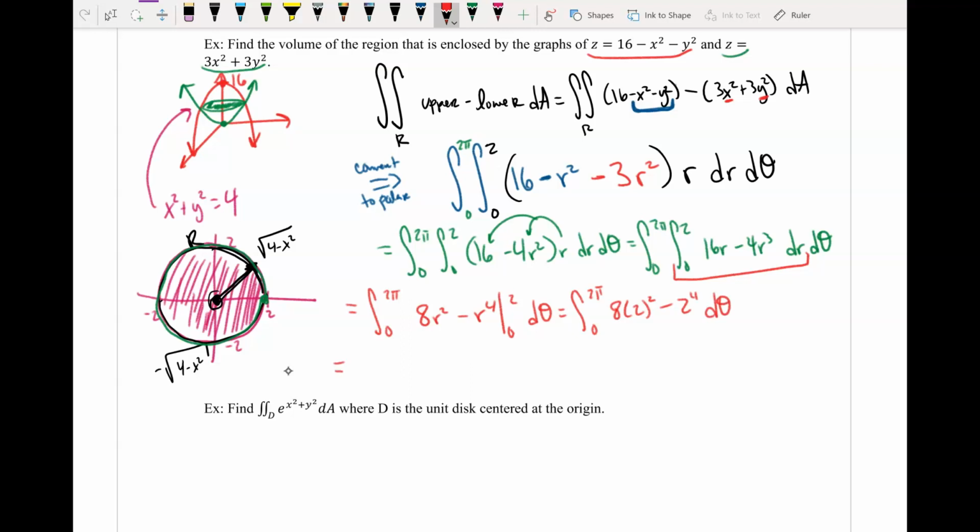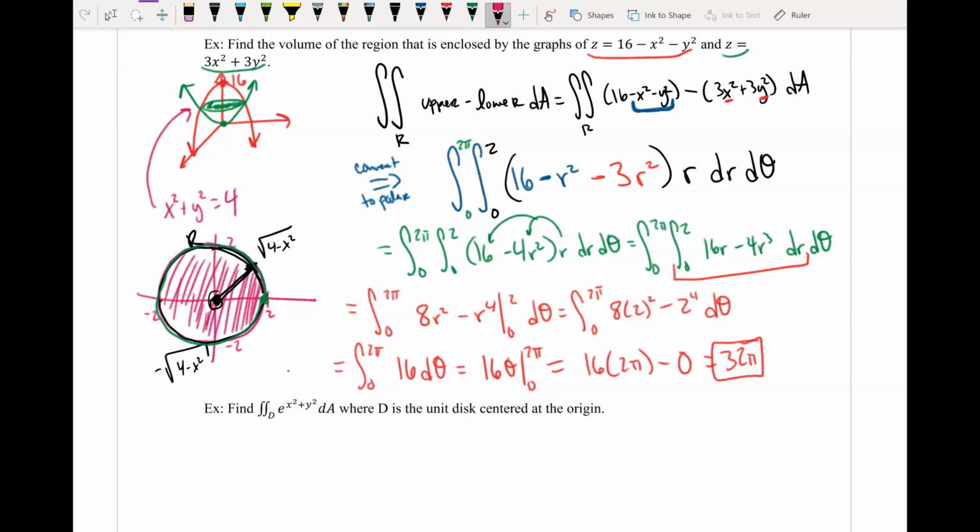So this equals the integral from 0 to 2 pi. What would that be? It will be 4 times 32 minus 16, which gives me 16. So 16 d theta. Now take the antiderivative of 16 with respect to theta. That's 16 theta from 0 to 2 pi. So you get 16 times 2 pi minus 0, which gives me 32 pi, which tells me that the volume